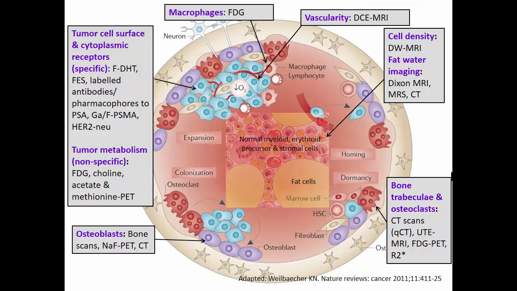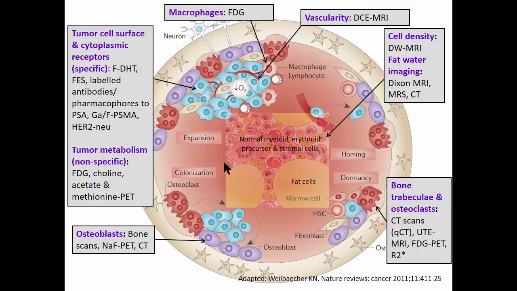Well, if you want to answer that question, the first thing you need to know is, what is imaging depicting? So if you look at the marrow space, it's a complex organ, and most of us just ignore it, but it happens to be there. We just say, forget about it. Now, if you look carefully at this space, we have technologies that can look at different compartments. So diffusion imaging will look at the cellular content. CT scans will look at the bone itself, and therefore the osteoclastic activity. If you're interested in the activity of these osteoblasts, then you would do bone scans or sodium fluoride PET scans,